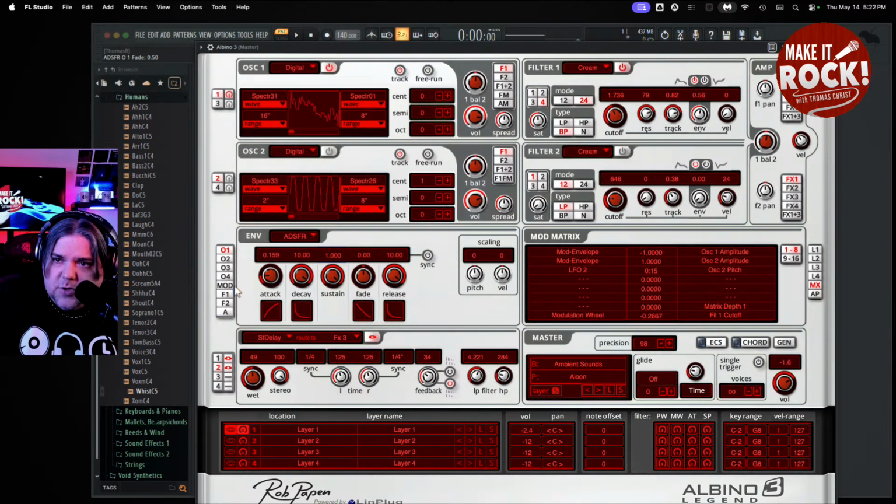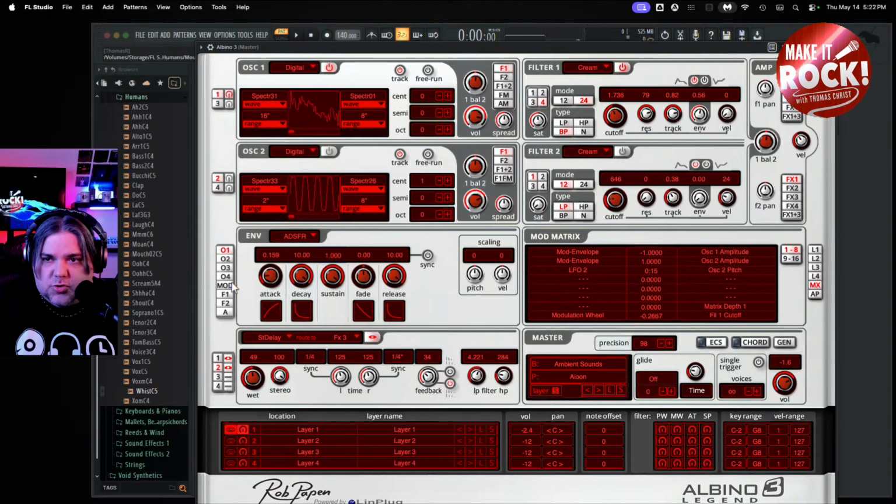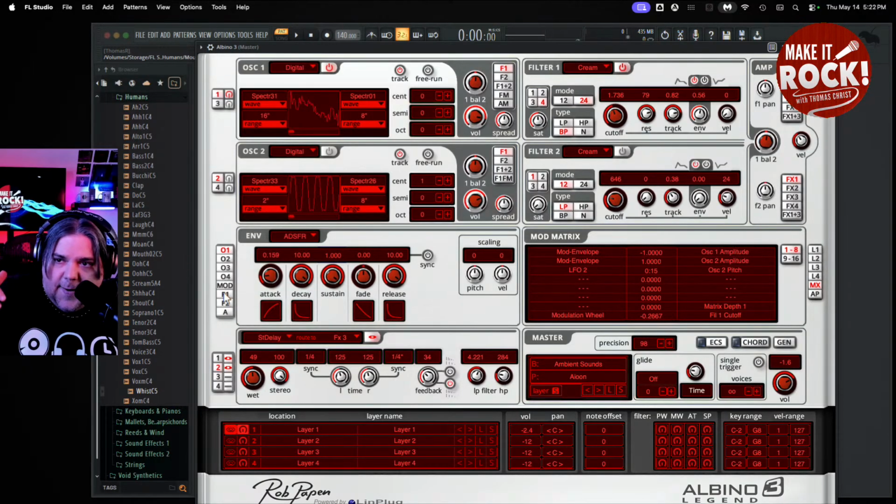But you can also set an envelope very similar to the one that controls the oscillators. You can set an envelope that controls the filter as well. So if you do a fast attack on the filter, which this is set to right now, these filter settings will come in very quickly. But if you do it slower,